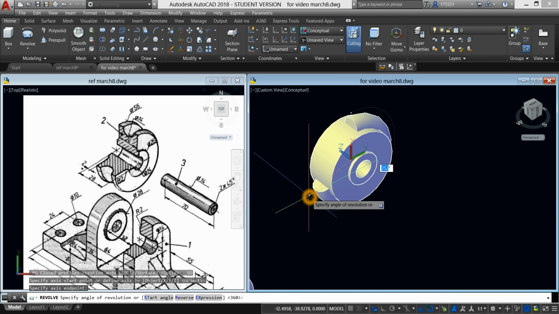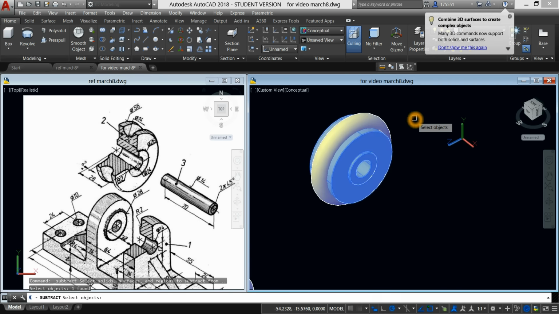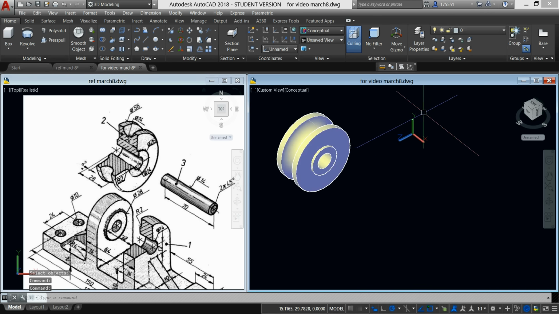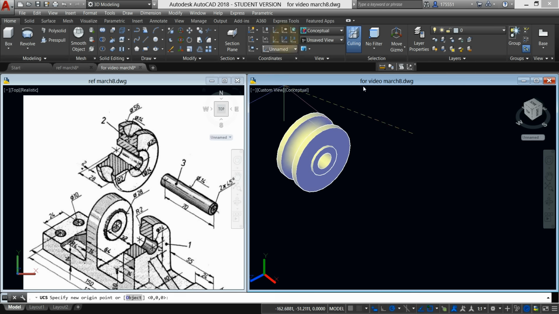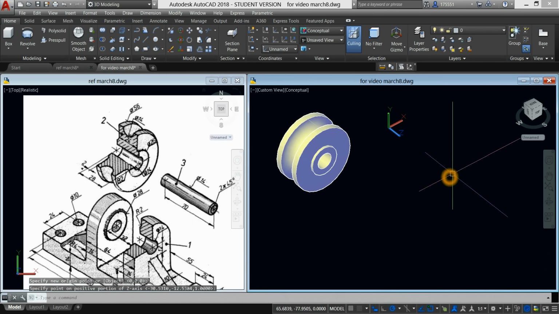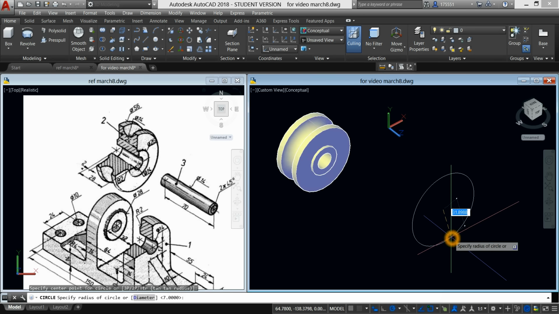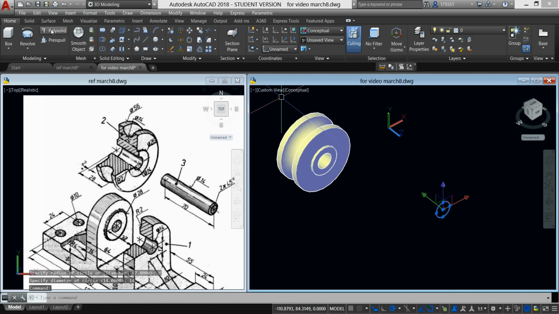Now I'm gonna use subtract command from the ribbon. Click the object you want to keep, right click and select the object you want to remove. Now we have to create this rod and change the direction of the Z axis again. So circle again and enter diameter is 14, so D for diameter option and enter 14. Extrude this one